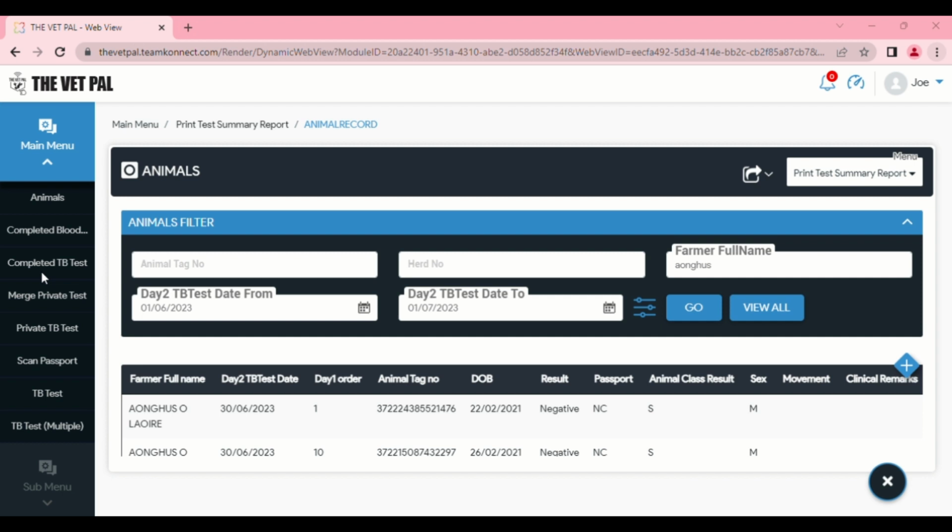However, if you click on portrait orientation, you have to make sure that you select fit all columns on one page. Okay, so you'll see here, fit all columns on one page. Okay, so you make sure you're in portrait orientation, fit all columns on one page, and you will see then